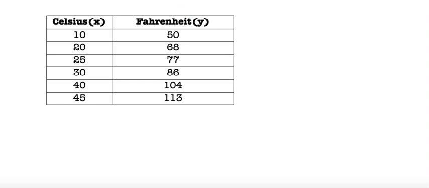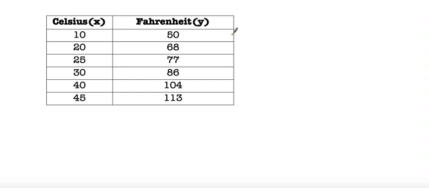So, if you also take a closer look at our table, you'll notice that our y-intercept is not here. I don't have an x value of 0. So for this table, not only do I need to find slope, but I need to find my y-intercept as well to write an equation in slope-intercept form. So, let's find our increase in y and our increase in x and find our slope by finding our rise